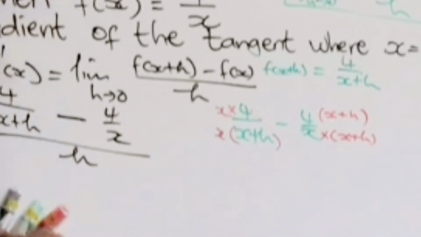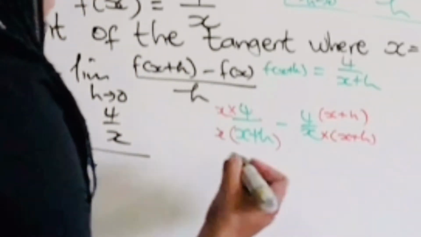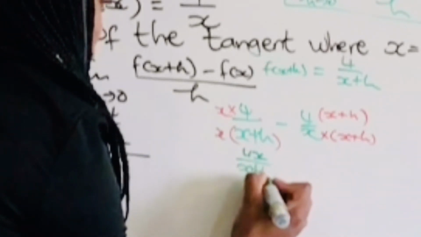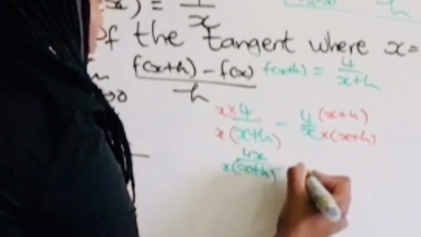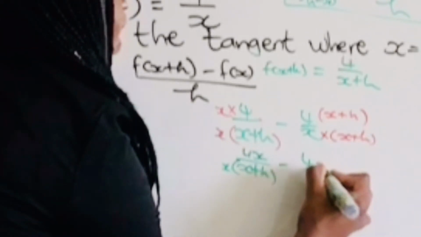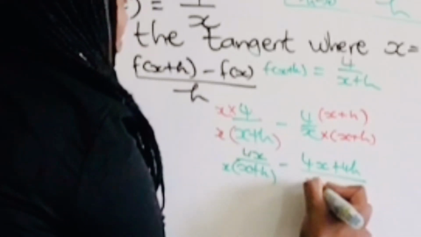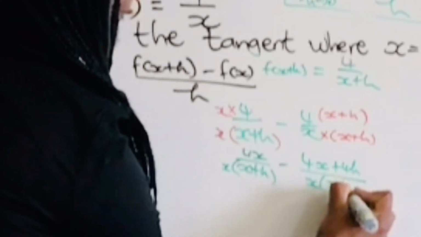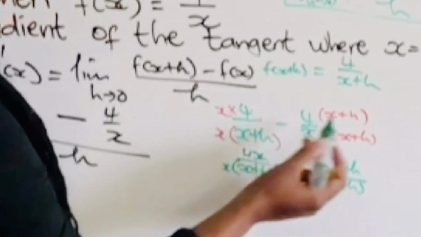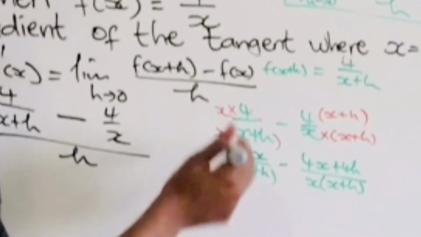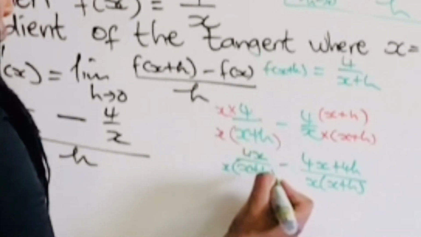It gives you 4x over x plus h, and then x there, minus 4x plus 4h over x plus h. What did we do there? We just removed the brackets already. What does that give us? Now we can try and combine these two. It gives us that this is going to be equal to